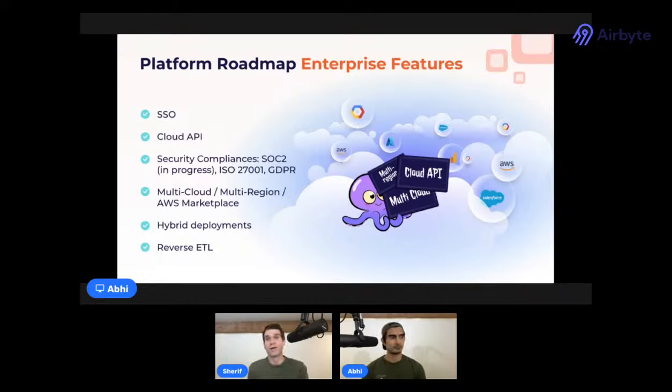In cases where data already exists in a company's secure network, we'll also provide the ability to install parts of Airbyte in your cloud so that you can get the best of both worlds: a managed solution that allows your data to stay within your network. Finally, we will begin building on top of the data mesh that we've already started to allow for more advanced use cases, like reverse ETL.